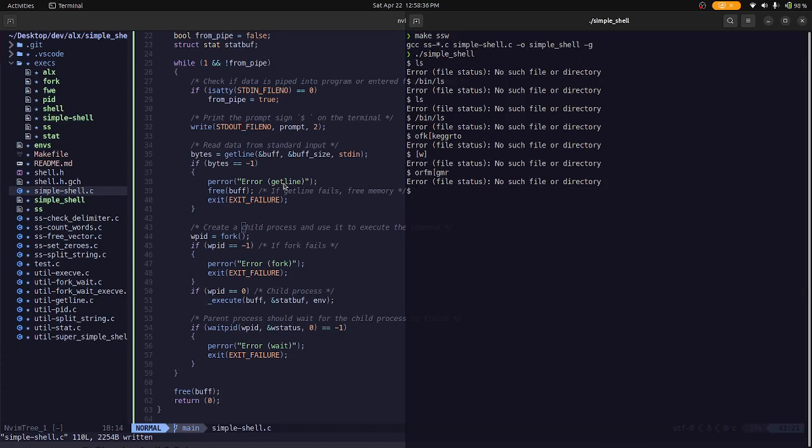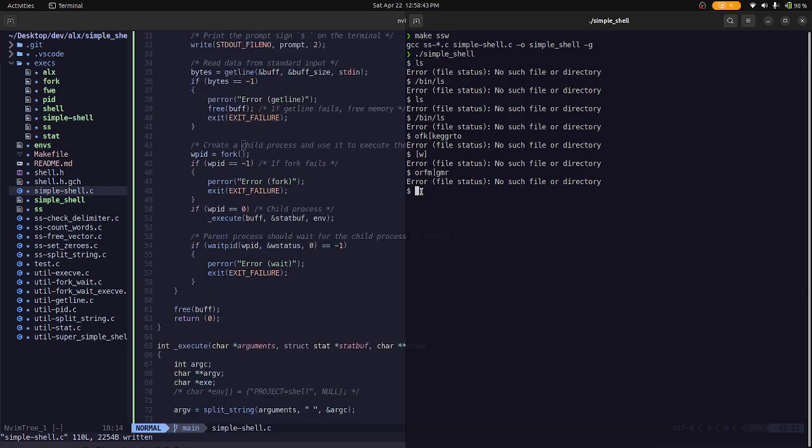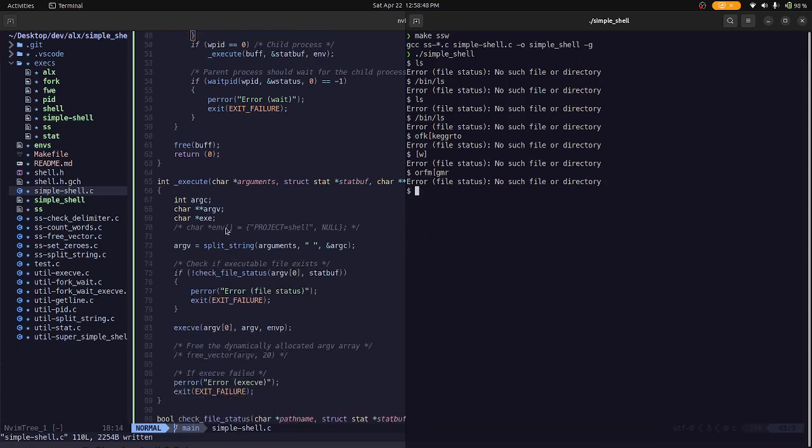Now, the issue here is that when getline reads that string with the new line, there's a function I call which is going to use that argument. This function is called execve. I'll still explain it later, but basically this function reads the string that it is given. Now, the thing is that when this function sees a new line at the end,